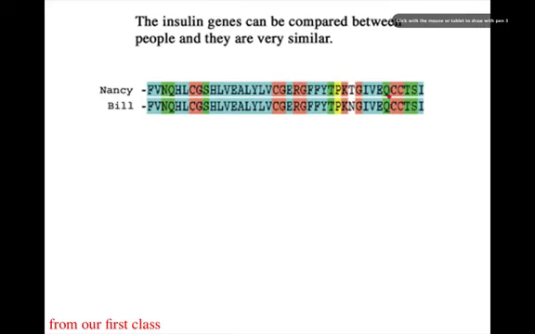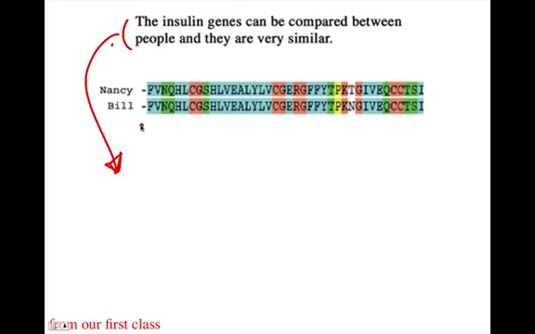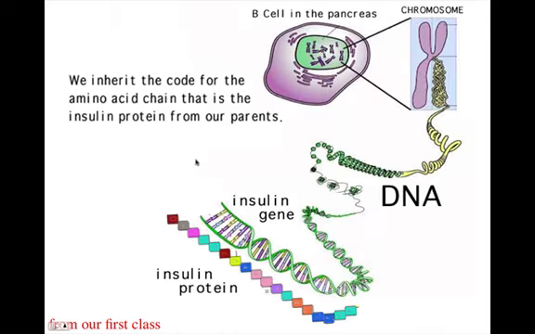This takes us back to the very first images that we had in our class, and the very first video that was about insulin and how humans synthesize insulin from amino acids that we get in our diet. This is the story that was talked about in that very first video of the course, where the insulin gene sequences can be compared between two people, like Nancy and Bill. And then it zoomed in on the idea that that chain of amino acids was based on the coding region